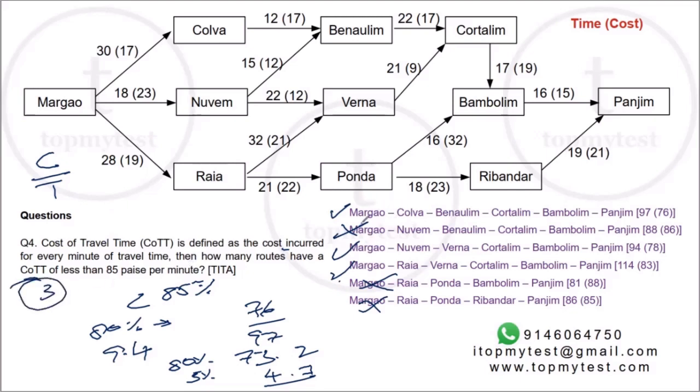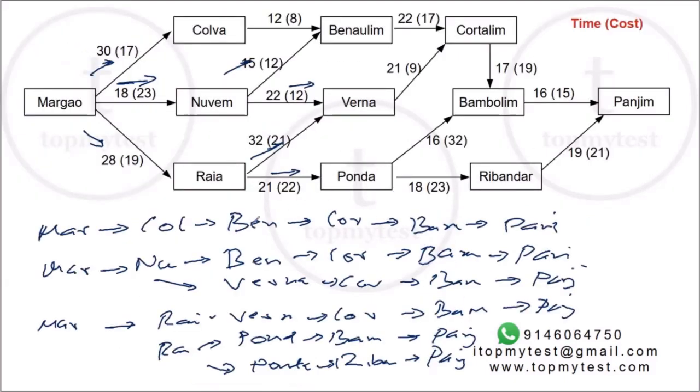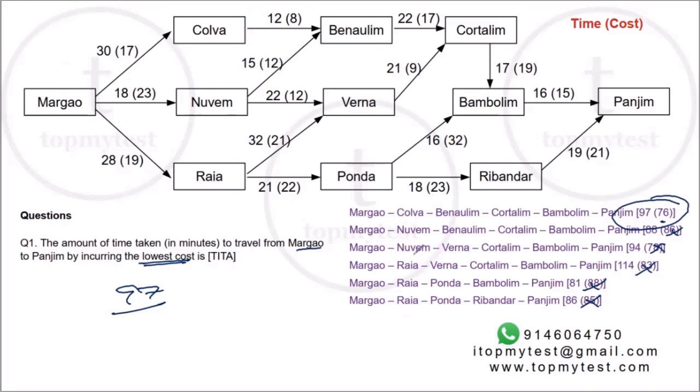You don't even need a calculator for this if you know how to quickly estimate the ratios. So it's a moderate level question, but it's a lengthy question because you will have to calculate each of these values. You have to write down the roots, then calculate each of these values, and then go and tick off one of the questions one by one.